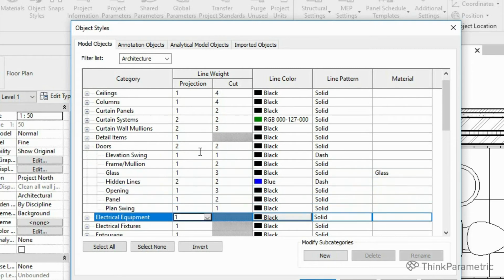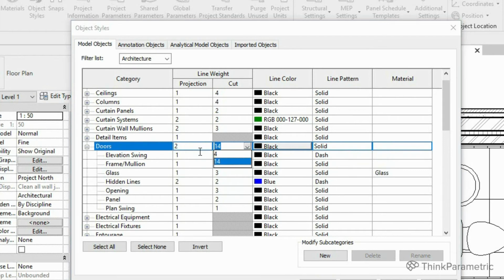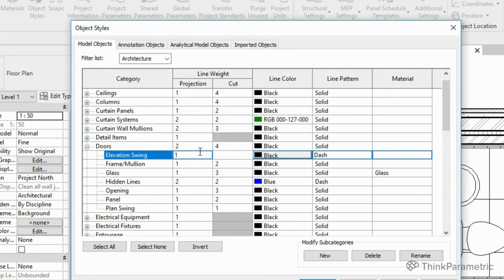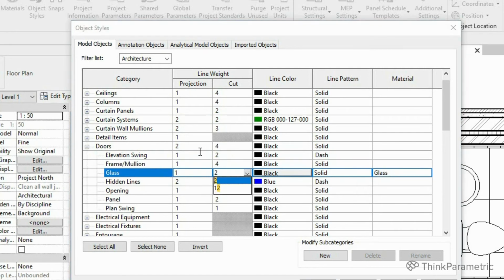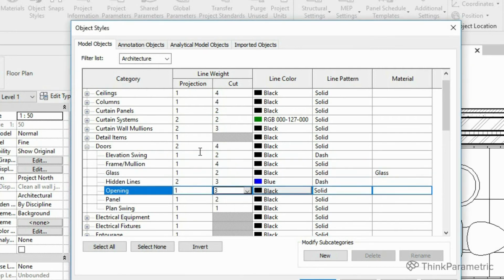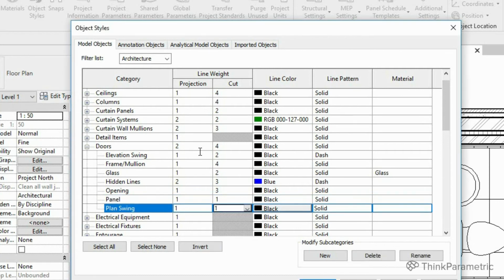For the cut values, 2 for elevation swing, 4 for mullions, 2 for glass panels if they exist, 3 for hidden lines and openings, and 1 for panels and plan swing. 3 for hidden lines.